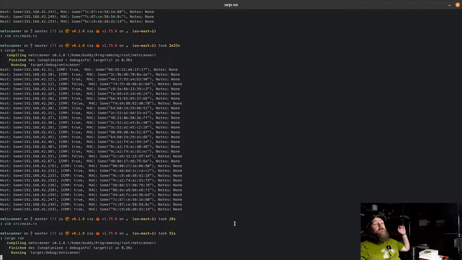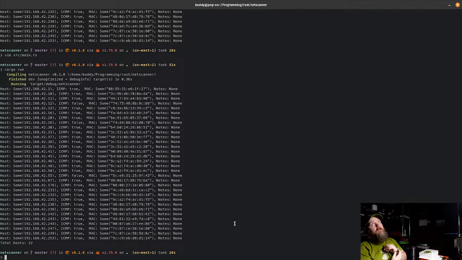So yeah, this has been interesting. We've gone through setting up modules. We've done some refactoring of our code. We've created a custom struct and set our information to it. We are iterating through. We got some experience, total host 32. So we got some experience on